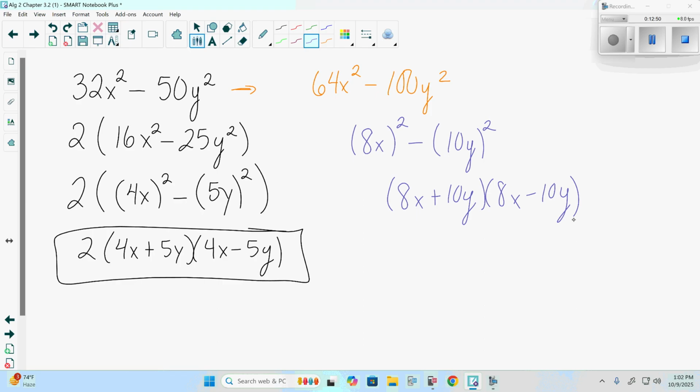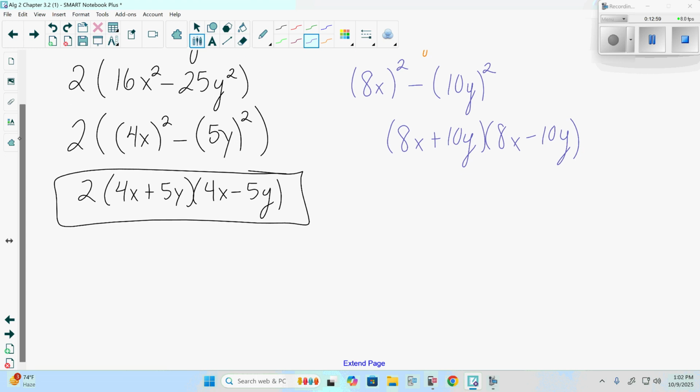I have a feeling if you got this back home, they would either maybe not mark it fully wrong, but mark it wrong because that is not fully simplified. Because we will come across it. Fully simplified says that we cannot reduce it in any way with factoring. And the reason it would be marked wrong for not being fully simplified is because if we look at the first two terms, 8x and 10y have a greatest common factor of 2. They can be factored further. It's not fully factored. So we can take that greatest common factor of 2 out,